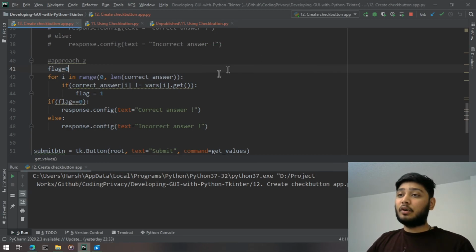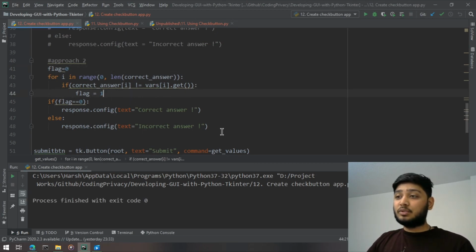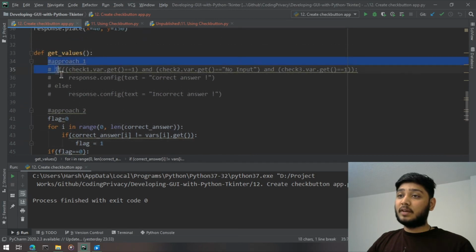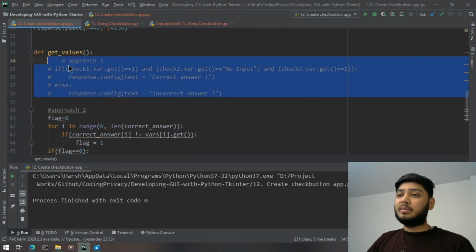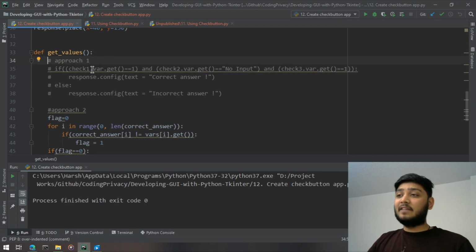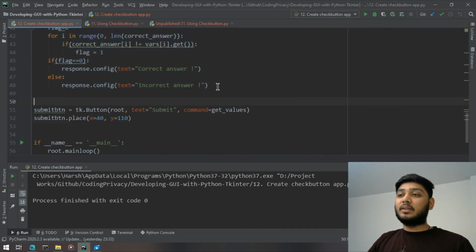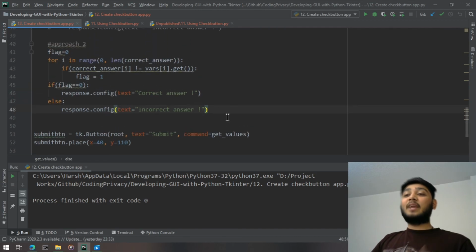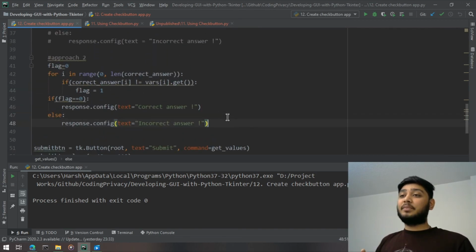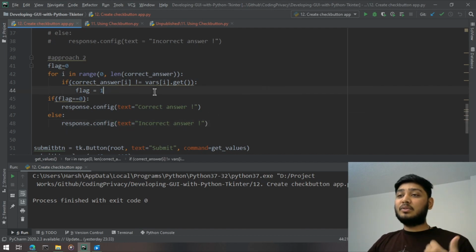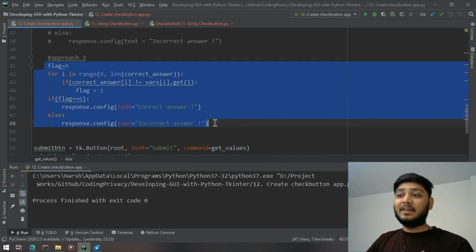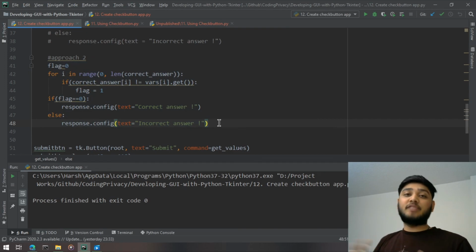So finally, this is a very small portion app of a check button, which does exactly what check buttons are used for. And there are two approaches which I've shown you. The first one you can use if there are less check buttons, pretty much easy. You just need to use the if conditions, and the second ones are used when you have a lot of check buttons and then you directly keep the values inside a list and then you directly match the list. So the code would be same even if the number of checkbox buttons increases.